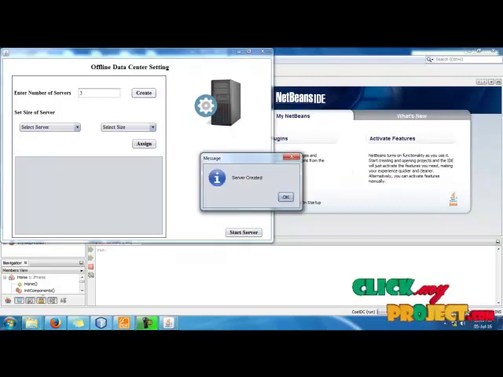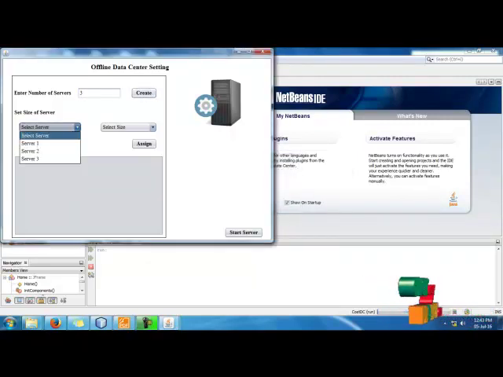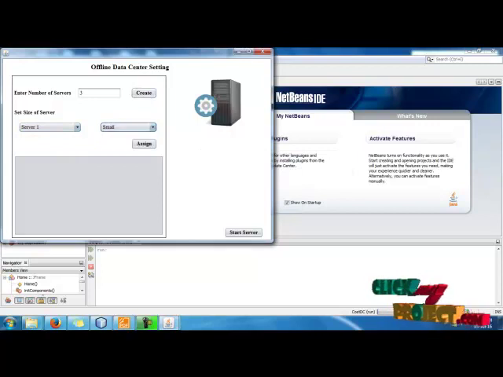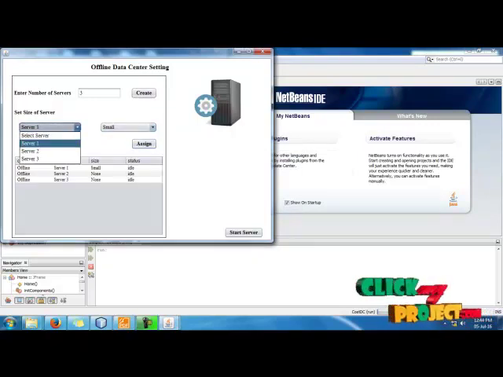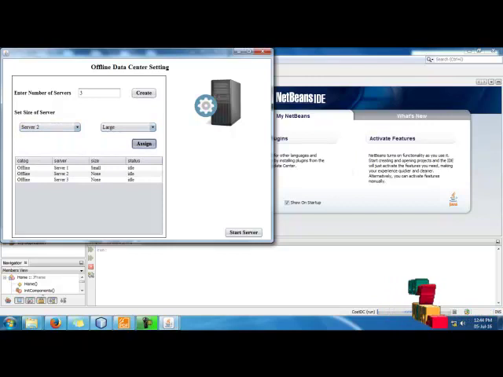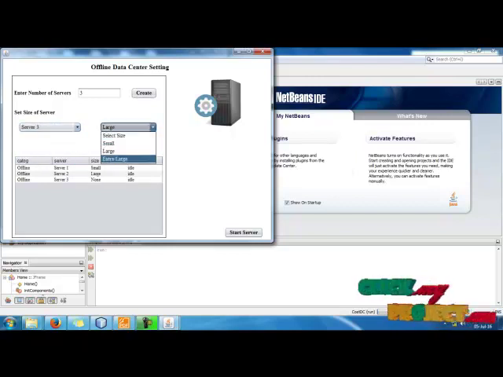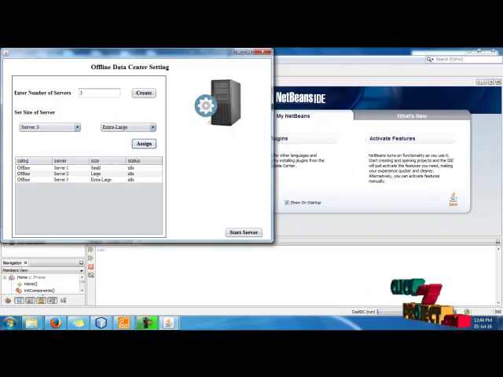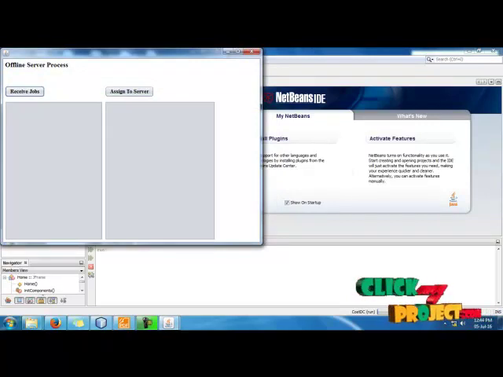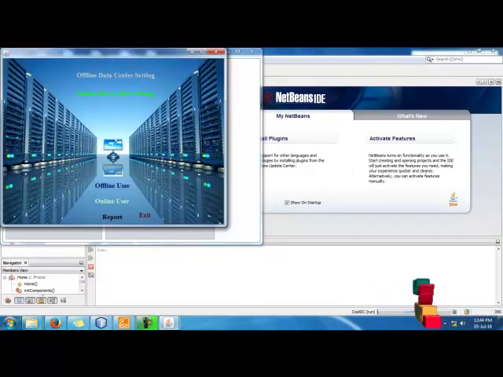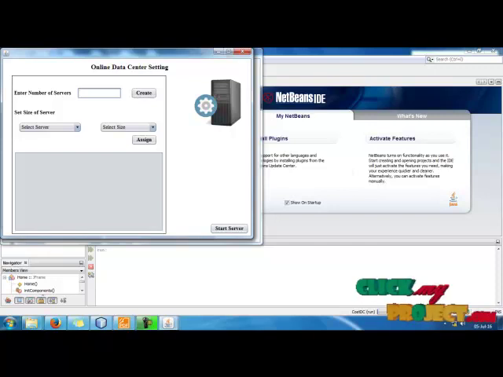So we must complete the offline data center: create the number of servers, and set the size of the servers. Server 2 is large, server 3 we put extra large. Now the database of the total report of the status of each of the servers is displayed, and we start the server. The offline server software is processing now. Then create the online data center settings and create the servers.